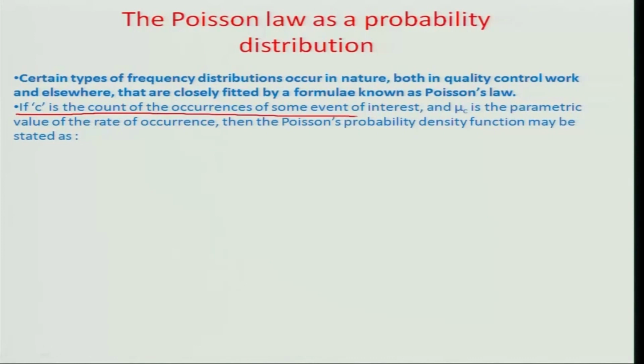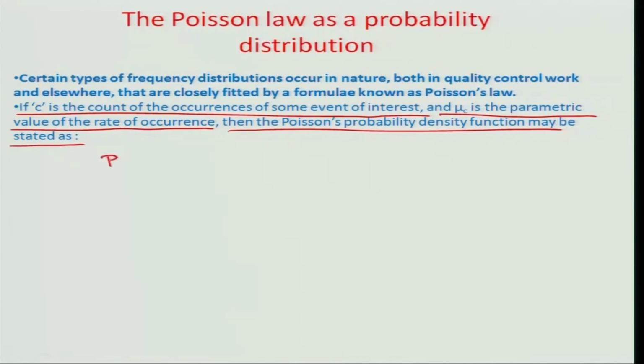Okay. So, let us now look at the characteristic property of the Poisson's distribution. Let us say C is the count of occurrences of some event of interest and mu C is the parametric value of the rate of occurrence. Then the Poisson's probability density function may be stated simply as the probability of count of occurrences C, with mean rate mu C, represented by mu C to the power of C divided by factorial C, times e to the power of minus mu C, and as such the cumulative distribution function